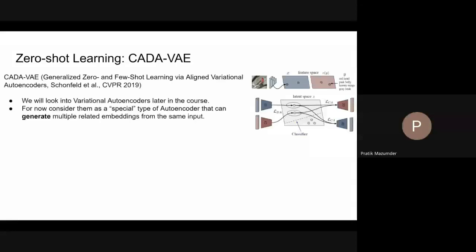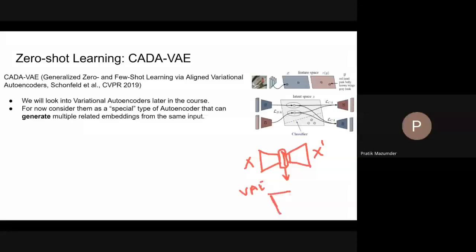So for now, assume that a variational autoencoder is a special type of autoencoder that can generate multiple related embeddings from the same input. When you have studied an autoencoder, you would have noticed that I provide some input here and I get back a single embedding that represents this particular input, a compressed version of X, as the output of the encoder, right? What VAE does is,